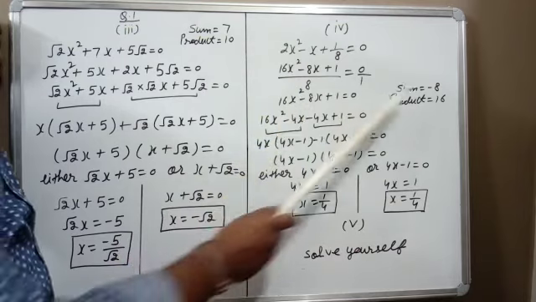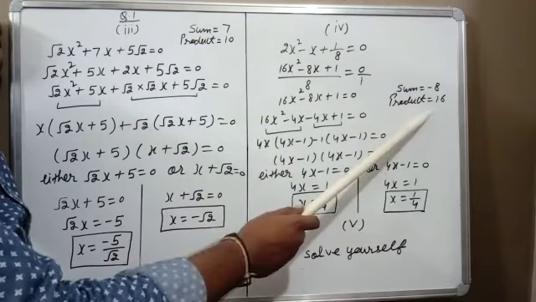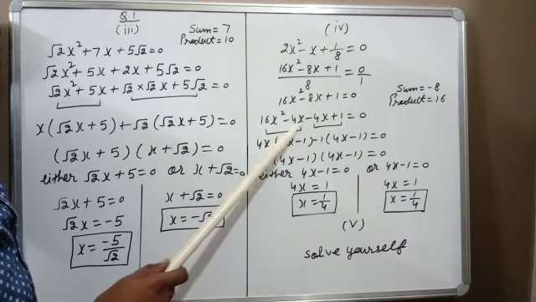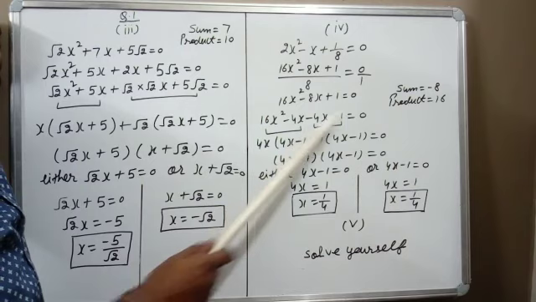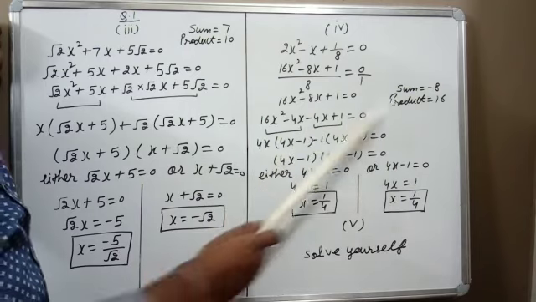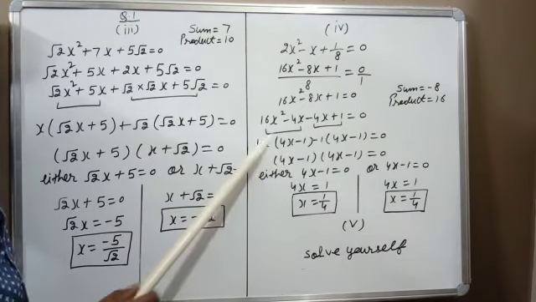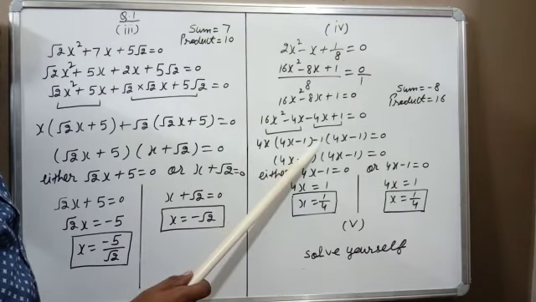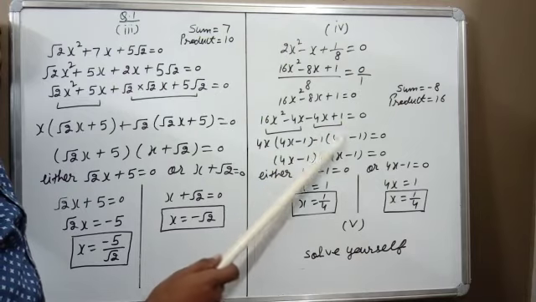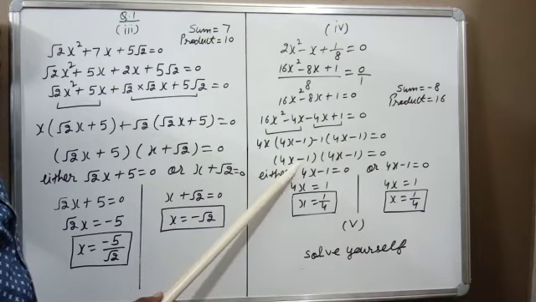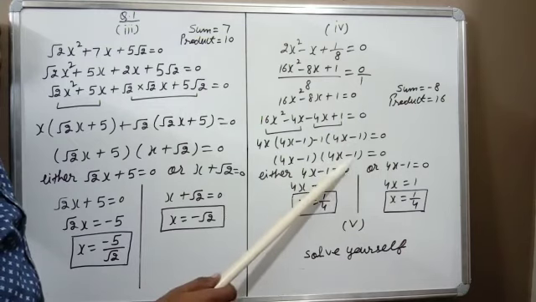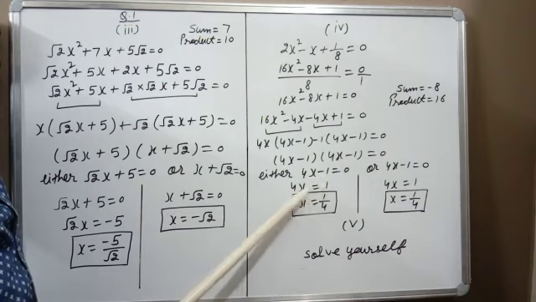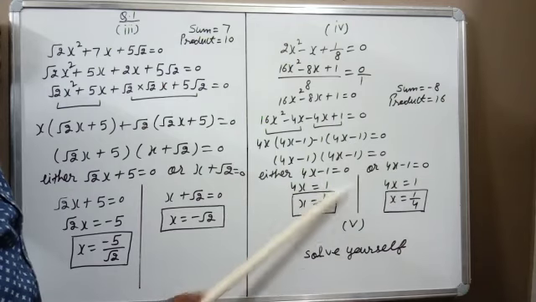Now the sum should be minus 8 and the product should be 16. So first value as it is, last value as it is here. You can write minus 4 and minus 4. You can check, minus 4 minus 4 is minus 8, and minus 4 multiplied by minus 4 is plus 16. So from here you can take 4x common, inside the bracket 4x minus 1. From here you can take minus 1 common, then this will become plus, this will become minus. One bracket you can take common, so 4x and minus 1. So one by one you will put these values equal to 0, so minus will become plus and 4 will divide. So by chance both answers are the same.